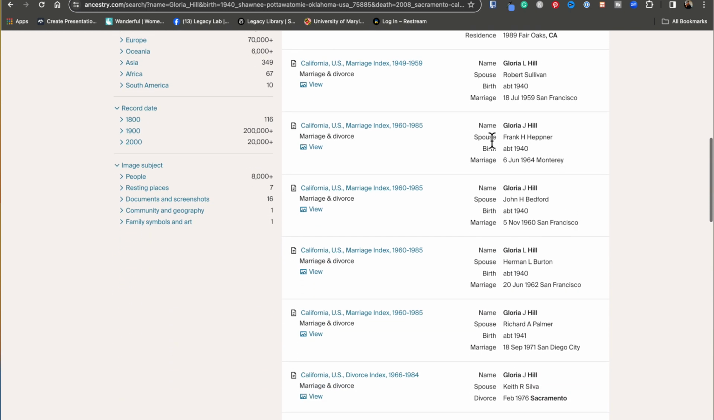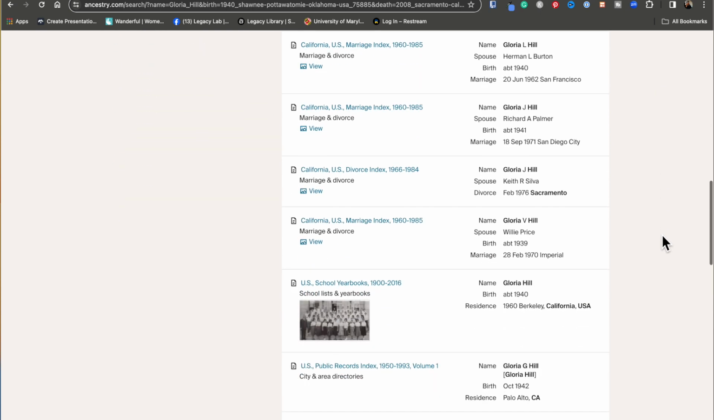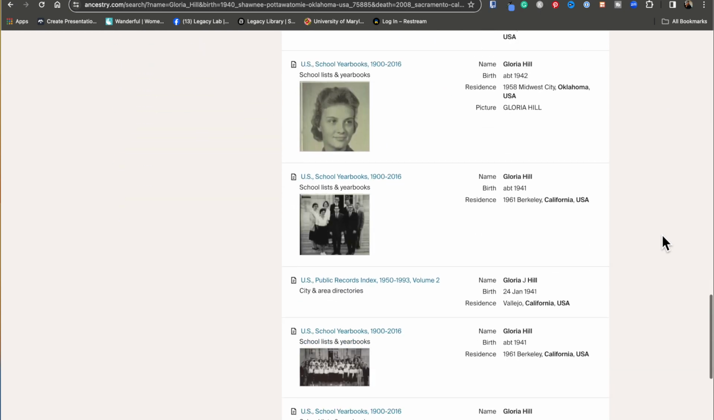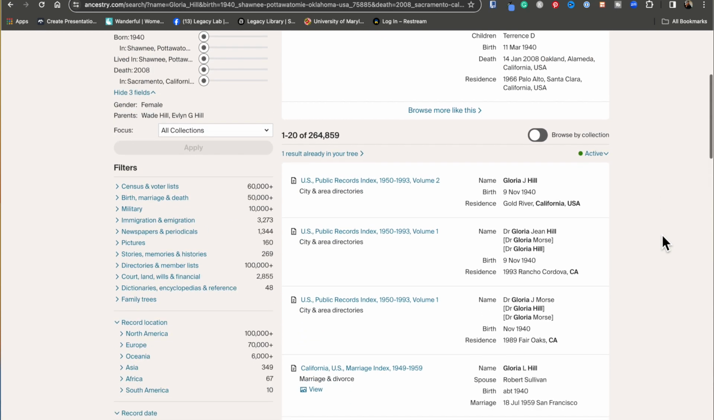I know that this is my grandmother. I know that this is not my grandmother. I know this is my grandmother. So you need to know a little bit of information about people to make sure that you get the right census records. Or what you can do is cross-reference with their parents and older census records that might show up